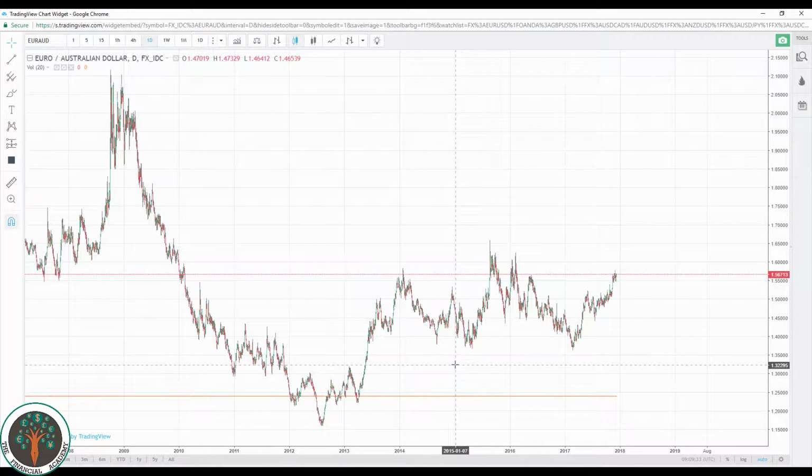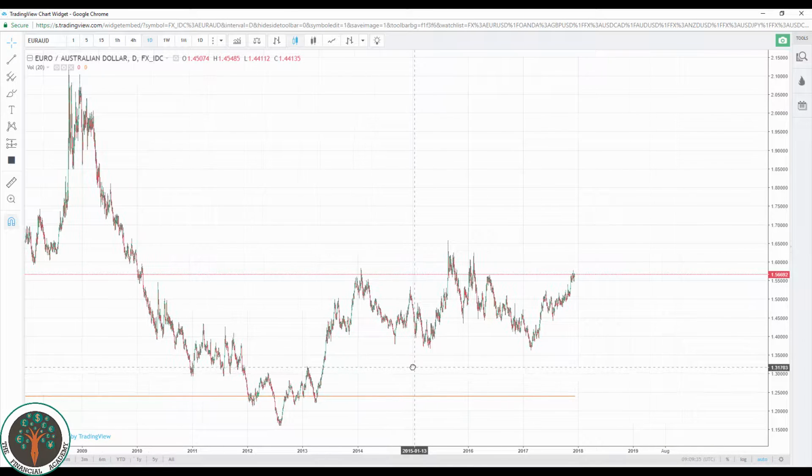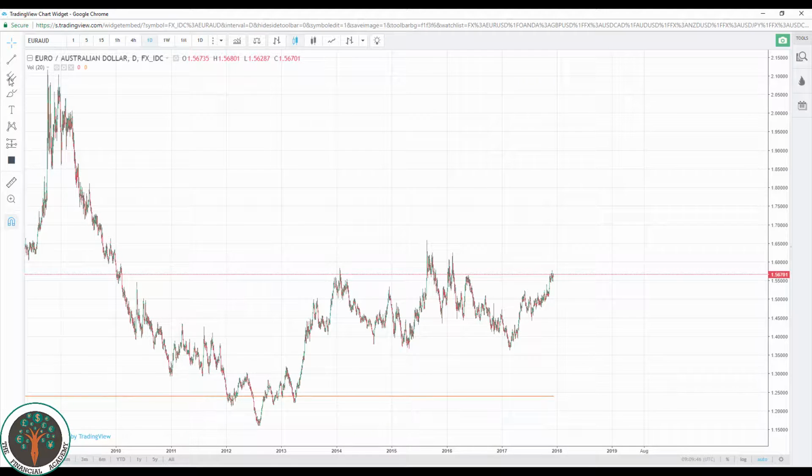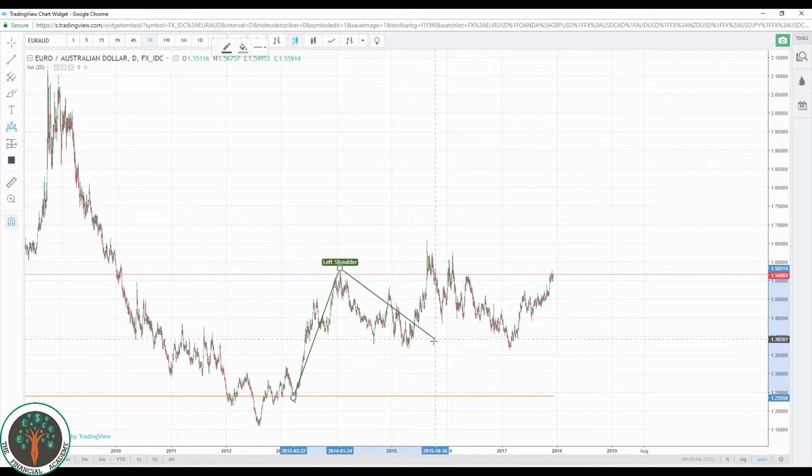Now, generally, what I'd like to show you over here is the idea of head and shoulders and the connection of head and shoulders to the Elliott Wave analysis. So let's first of all talk about the head and shoulders idea. Head and shoulders are saying a very, very specific idea, that when we've got a specific movement that dictates a specific proportion that fits the idea of a left shoulder, first bottom,